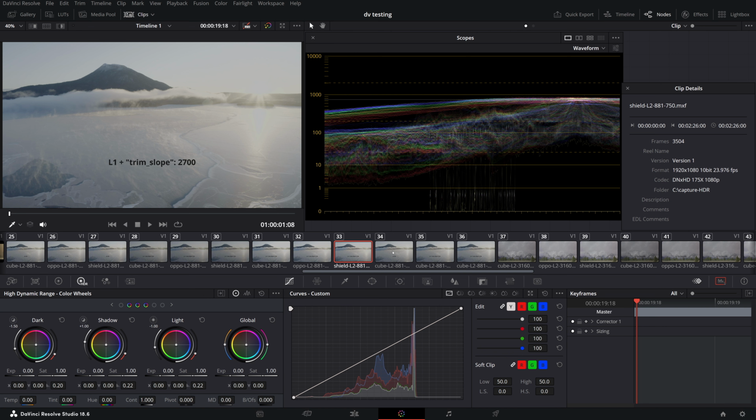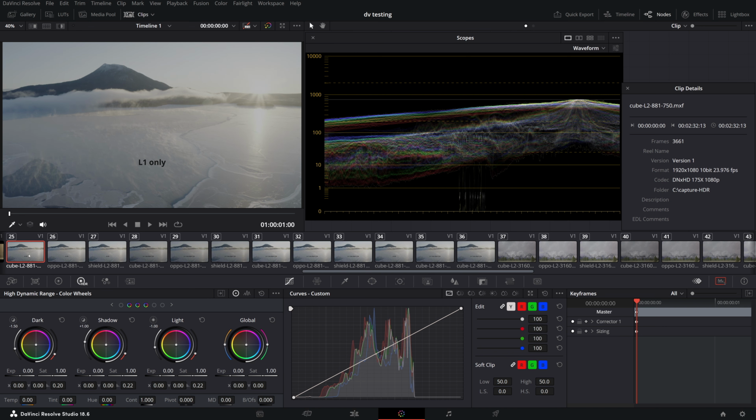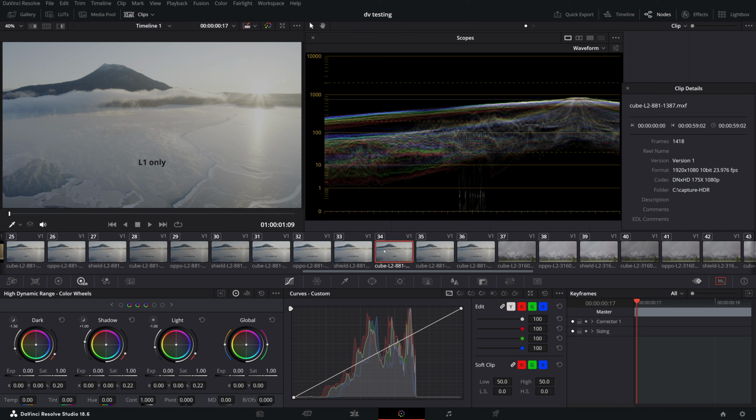Next, connect TV with brightness 1400 nit. Here I will only show the option for Cube, because Oppo and Shield TV act similarly. This is Cube with L1 enabled only. If we compare with the output on the TV with 770 nit, we can see that the brighter TV allowed to output the full brightness that is prescribed in the file, 881 nit brightness.